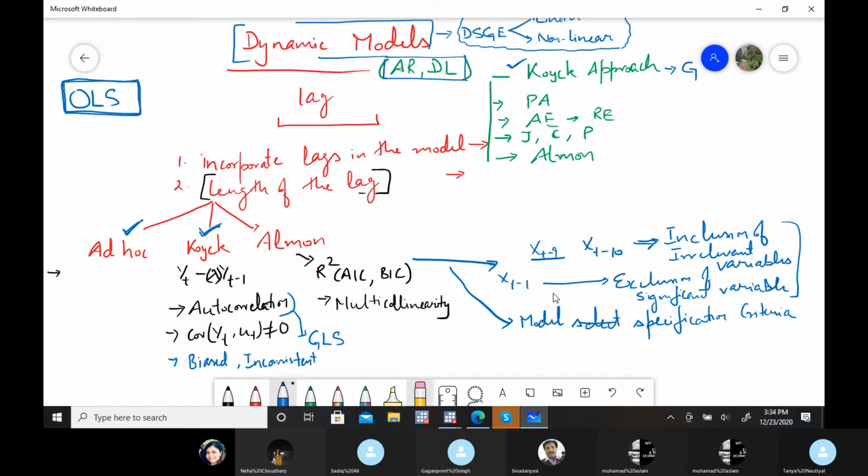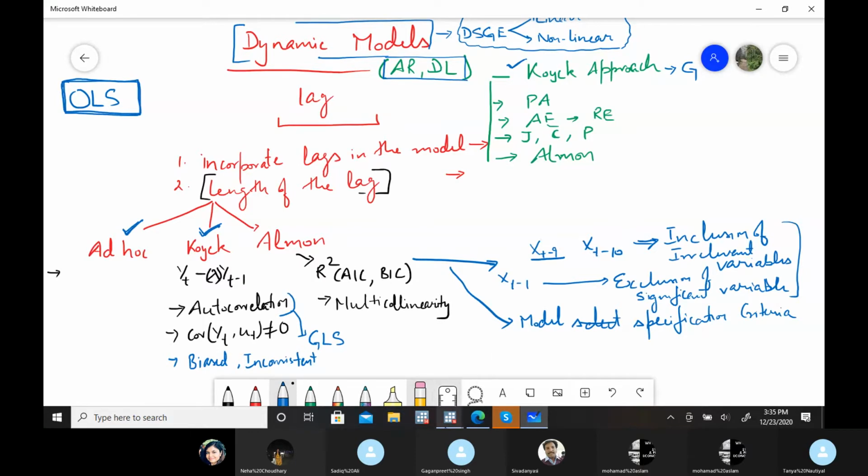Any doubt in this particular part, how Almon's approach answered this question, how many lags we have to take into account, and it's a lag of the independent variable. Now we are not taking into account the lag of a dependent variable. That may be, but that depends upon the model. If it's theoretically required that we take a lag of the dependent variable, then we can take that also. That's not a restriction, but for simplicity, I am just telling you that this is the criteria.